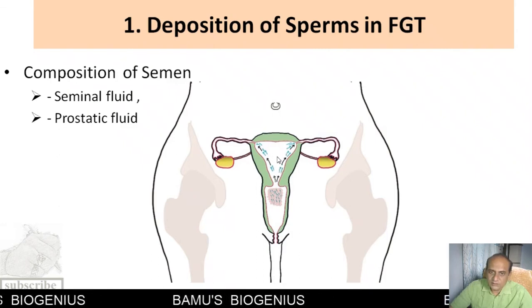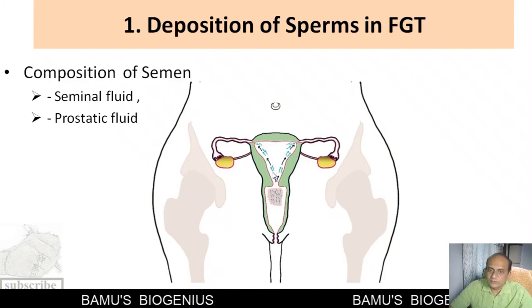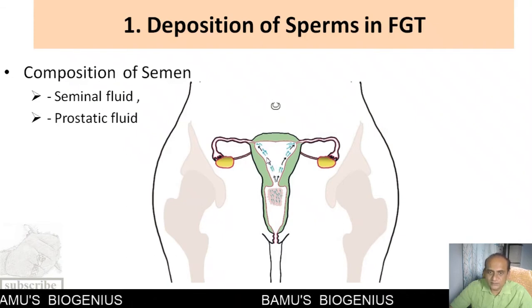Now here, this region is very alkaline, and it is conducive for the movement of the sperms. So after coming to this region, the sperms intensify their movements